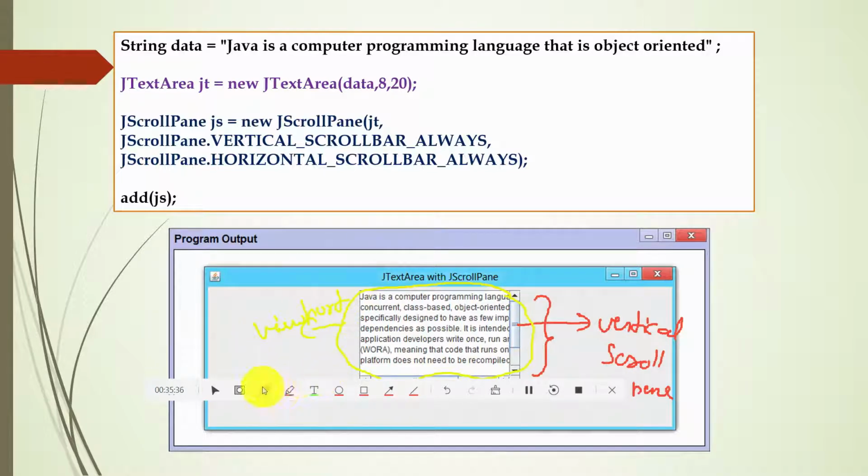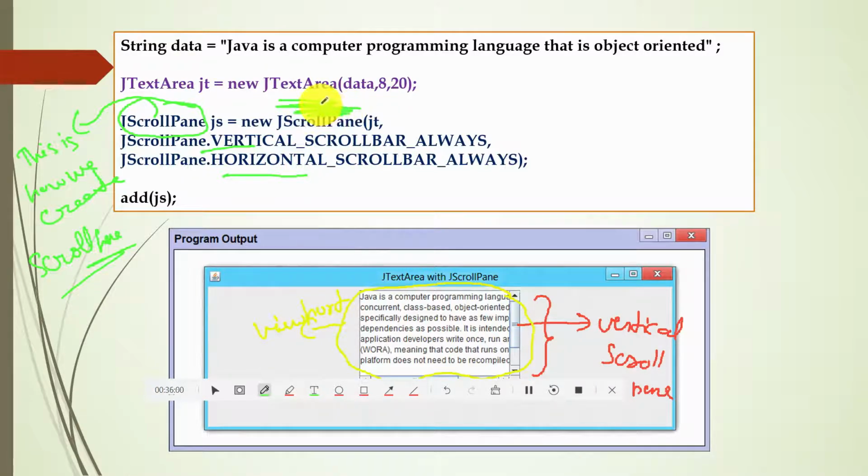And how do you create a scroll pane? This is how we create a scroll pane. Here when I use this, I can create either a vertical or horizontal scroll pane. This is a text area, a default text area.